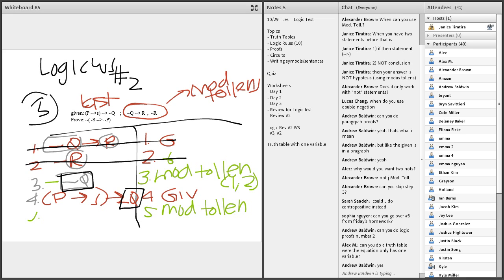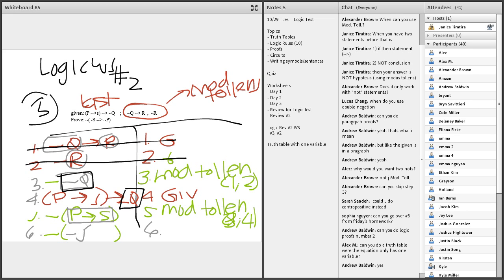So my answer is always not the hypothesis. So I literally put a squiggle in front of the hypothesis, which is all of this. Okay, but that's not my ending. I don't want P first, I want not S first. So if you take a look, number 6, if I just change inside the parenthesis, meaning I'm going to leave the outside not alone, and I'm going to do something called